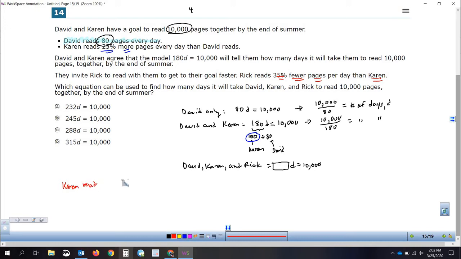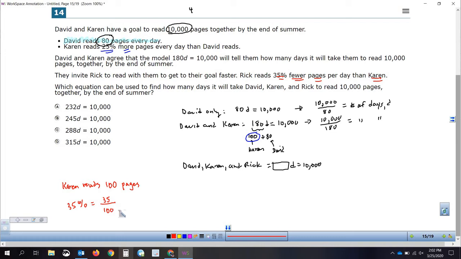Karen reads 100 pages. Well, that sure was nice of them. Do you know why that was nice of them to have Karen read 100 pages? Because percent is always over 100. So if I were to ask you what is 35% of what Karen reads, it's 35 over 100 of